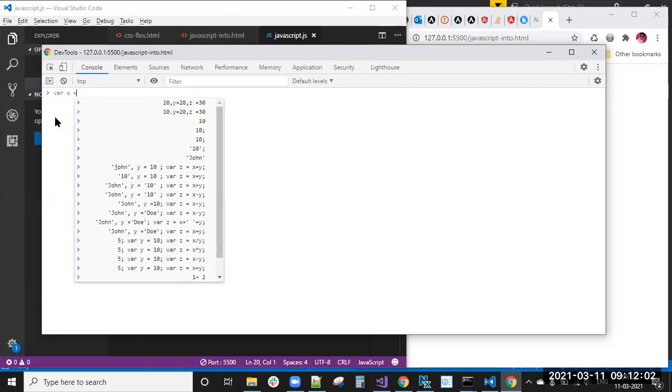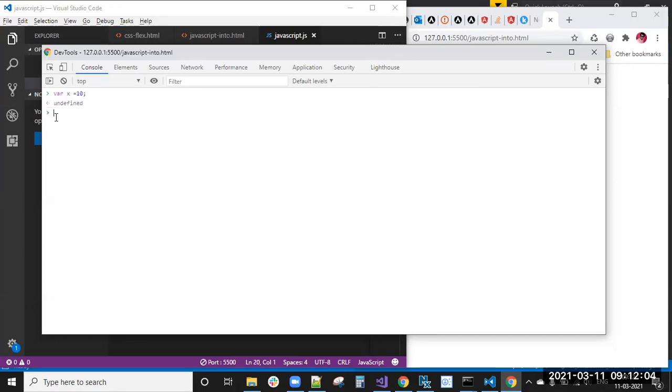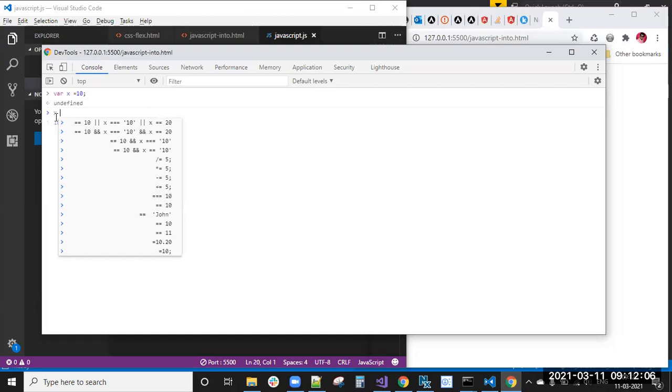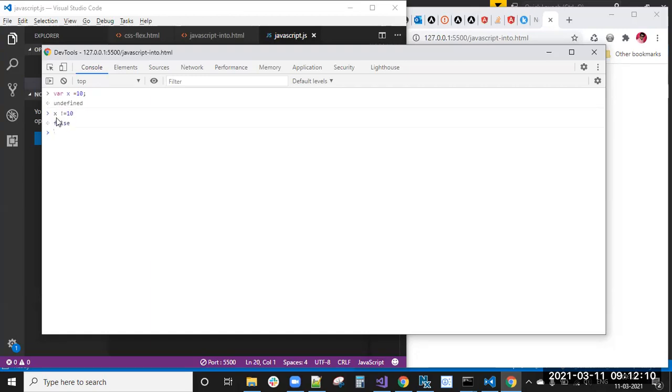And x equal to 10. Now x not equal to 10. This is false, right? Because the x value is 10. If I write x not equal to 20, then I will get true because the x value is 10 and it is not equal to 20. This condition is true.